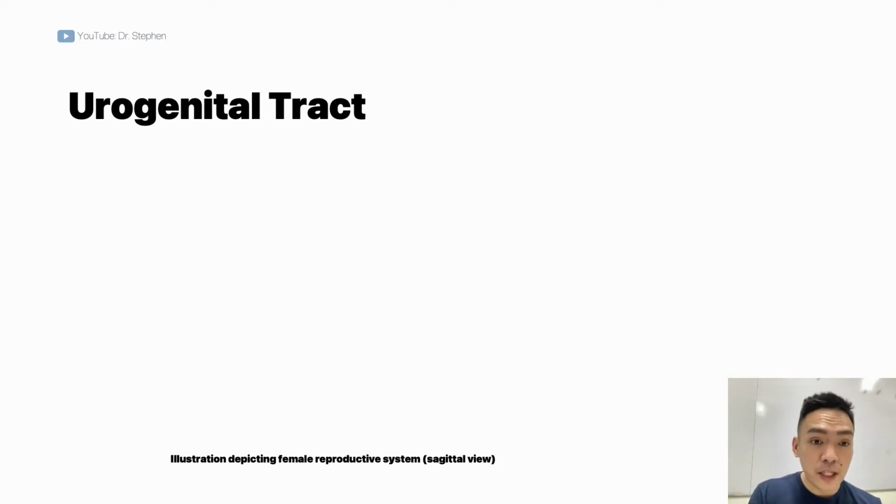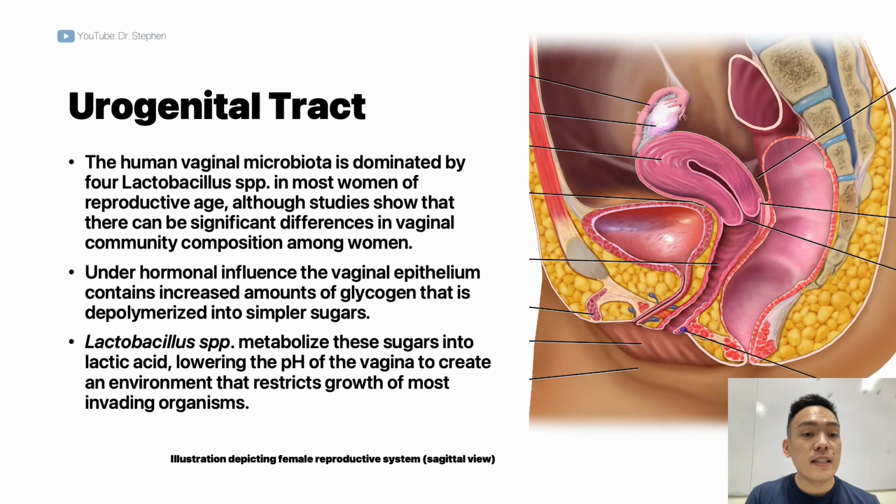Your vaginal microbiota is also very implicated in preventing a number of urogenital diseases, which include bacterial vaginosis, yeast infections, urinary tract infections, and human immunodeficiency virus transmission. The human vaginal microbiota is dominated by 4 Lactobacillus species. They are studied in most women of reproductive age, and there can be significant differences in vaginal community